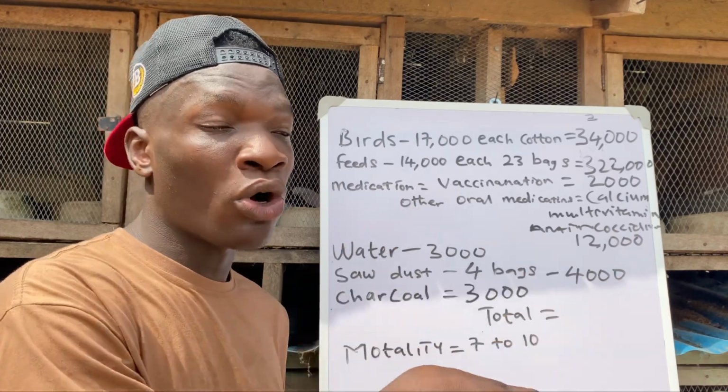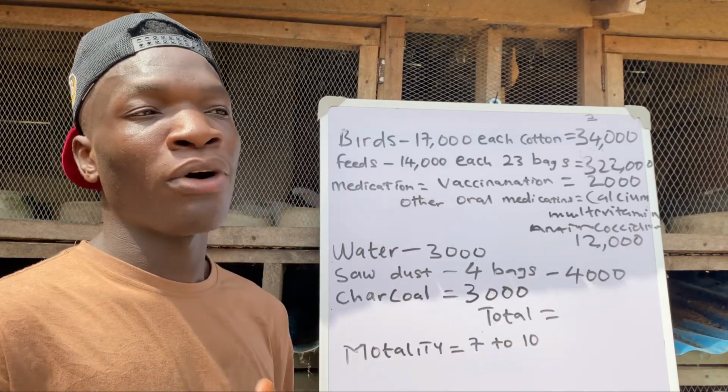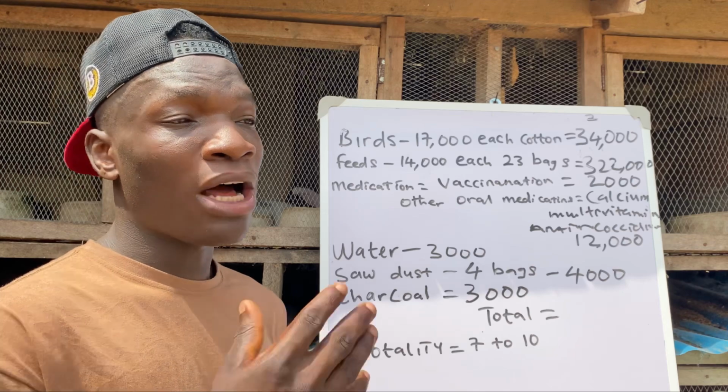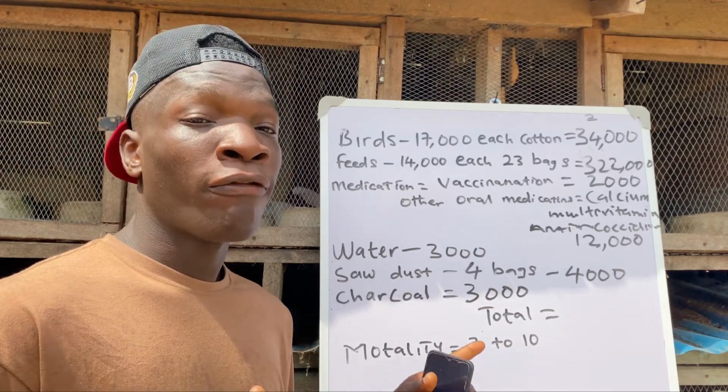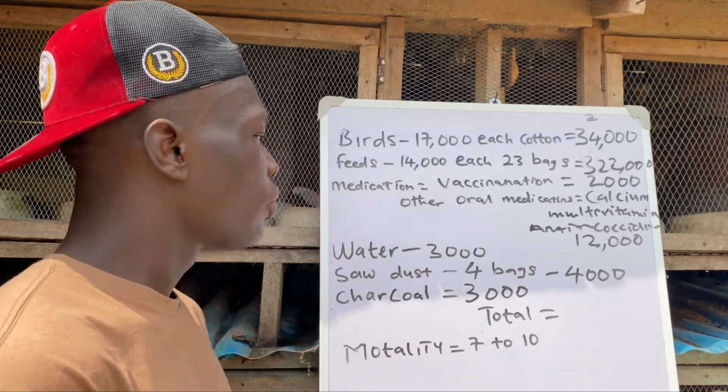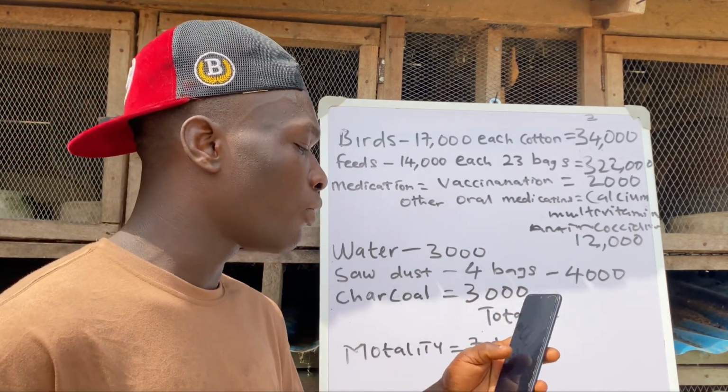Most times, if you even stock the charcoal pot, you can even burn it like twice. Depends on how long you allow it to burn and all of that. So we are using 3,000 naira for the charcoal. Yes. So after calculating all this, we will arrive at